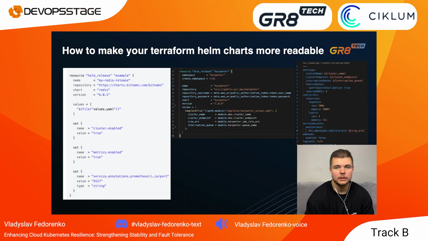How do we deploy Karpenter and its entities to our Kubernetes cluster? We use the default Terraform resource called Helm release. You can see a screenshot from the official documentation on my slide. But the way suggested by HashiCorp has some disadvantages. If you include the whole values YAML file, you are not able to point outputs to other Terraform modules. And if you use the set name value way, your code becomes too big, not very readable and not so